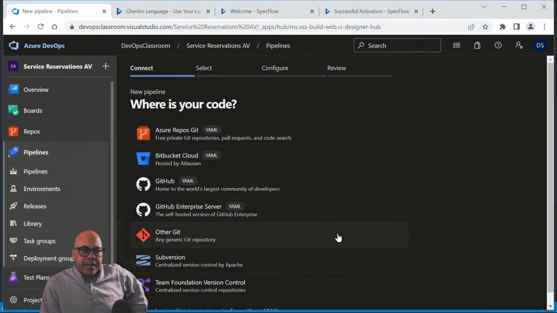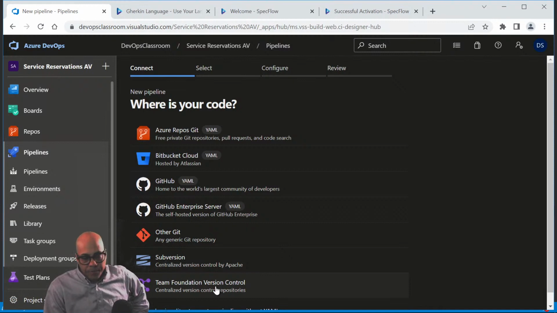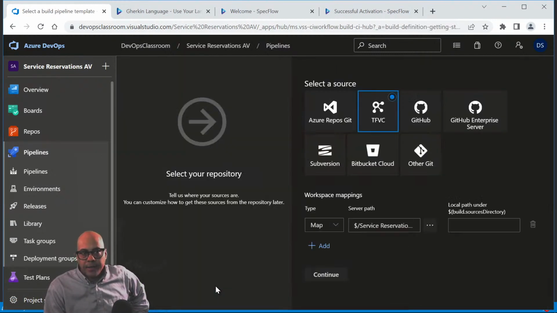Now, we have created an ASP.NET web application, and we told it to store the ASP.NET web application artifacts in Team Foundation version control. If you guys recall from yesterday, I said we wanted to switch from Git to Team Foundation version control because Azure DevOps will let us do some nifty things, some extra things, if we use Team Foundation version control over Git. Now, these things, again, can be done with Git. It just requires a little more overhead and a little more work to do for the developer or whoever's configuring this pipeline.